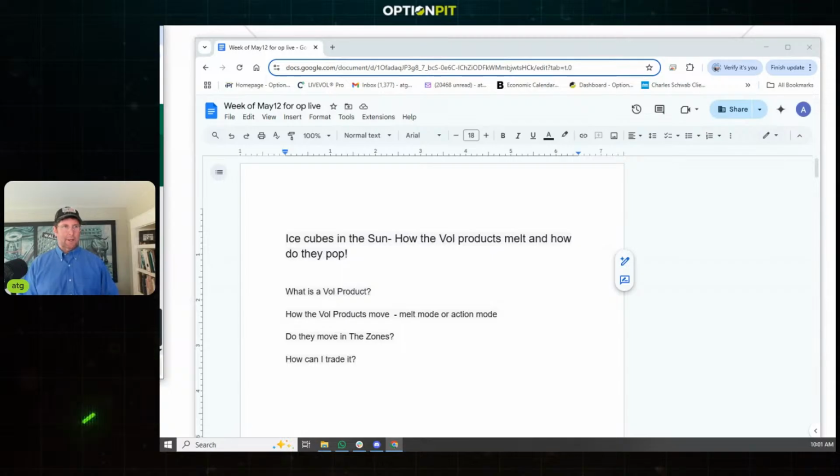The first thing we're going to do is go over what volatility products are, how the vol products move, melt mode or action mode. Do they move in zones? And then how can you